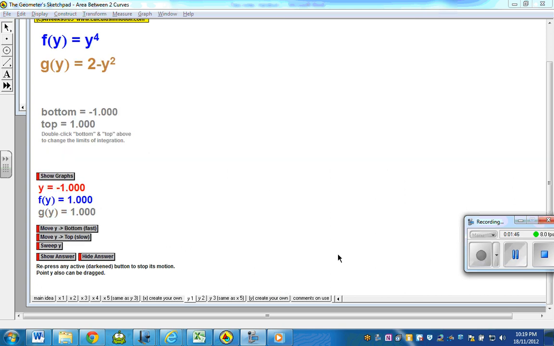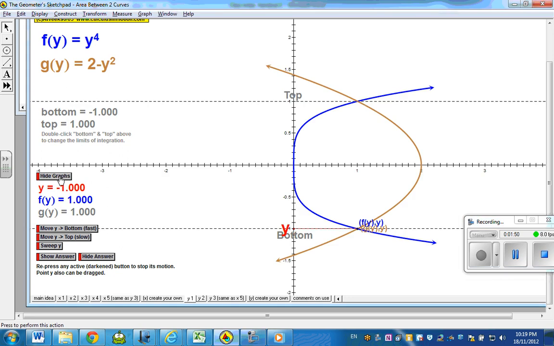Here is another example. In this case, we have curves opening sideways. One is a parabola opening sideways. We want to find the area bounded by those two curves, which is inside of those two curves. And if we show accumulation in here,